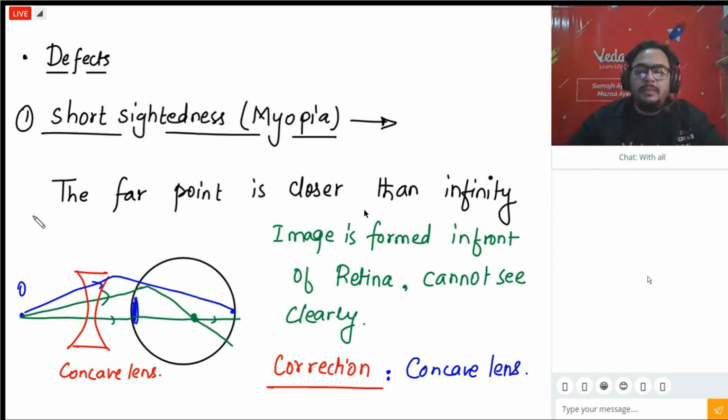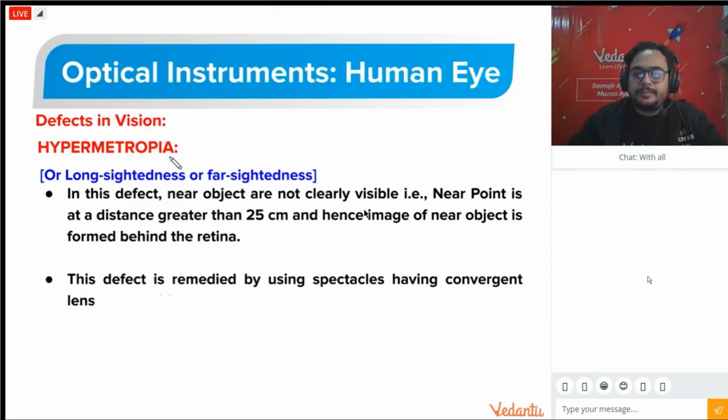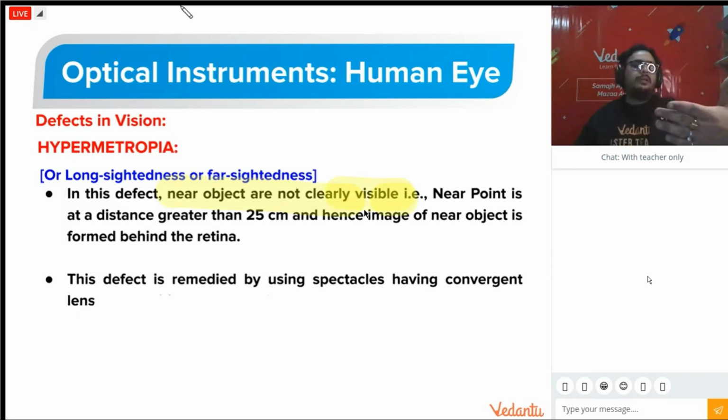Let's move on to the next disease. The next disease is hypermetropia, or long-sightedness, or far-sightedness. Generally your parents will have this. This is a defect in which near objects are not visible clearly. So people do this. Oh, the electricity bill has come. People move their objects far, so they can see them clearly, because